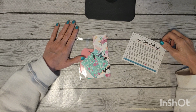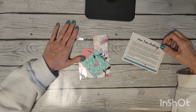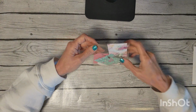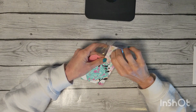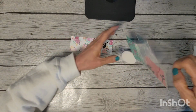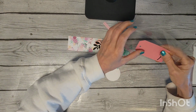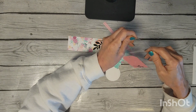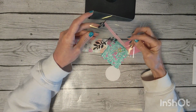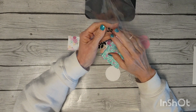For this video I wanted to share with you guys the June team challenge that was presented to us by Erin with Crafty Concepts with Erin. So she sent us this envelope full of some goodies here. Let me share those with you, just kind of dump them out and share them with you. What we are supposed to do is make a card or a layout or just any type of project using the contents in our envelope. This little guy's being stubborn, staying in here. So anyway,